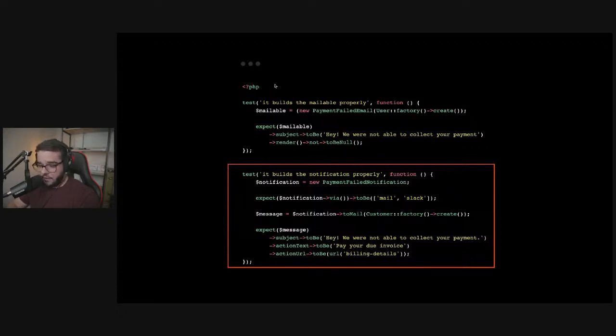So if you have a typo on that method and you just test new PaymentFailedNotification, you might not catch it. But if you test the mail message, you're going to catch it. So you might have the wrong subject, the wrong action text, the wrong action URL. But if you have a disaster there, this test is going to catch it as well. So I would say this presentation is mostly about avoiding disaster scenarios with cheap alternatives.